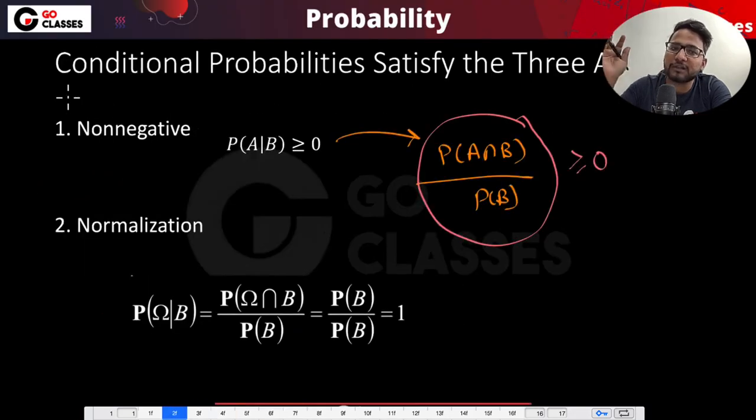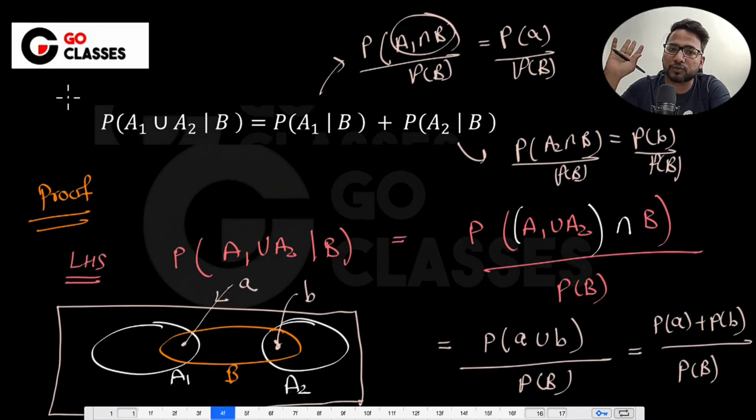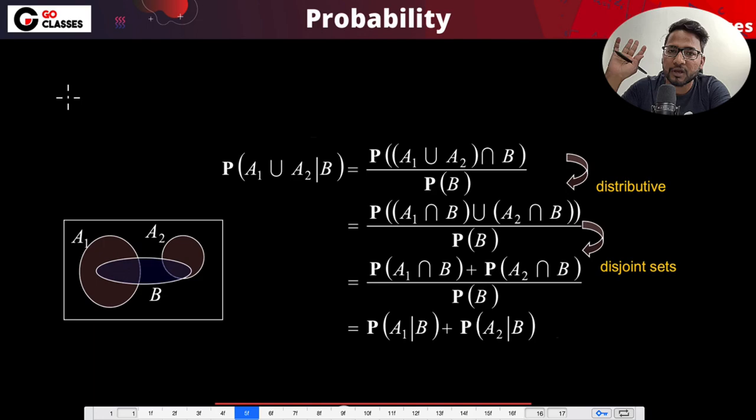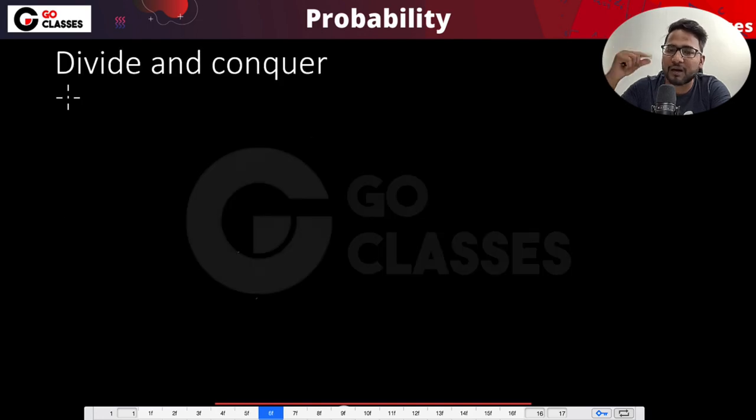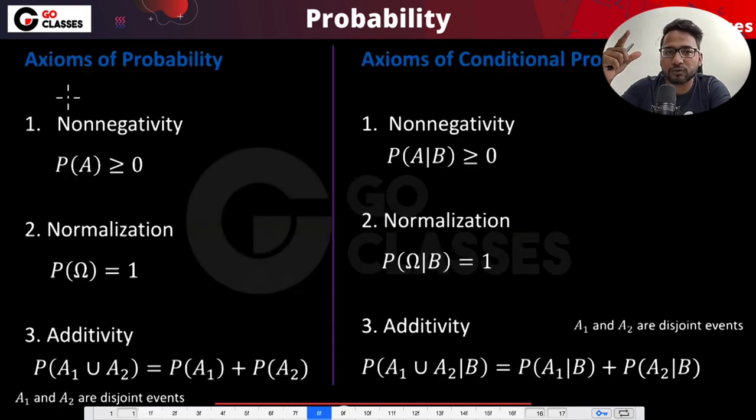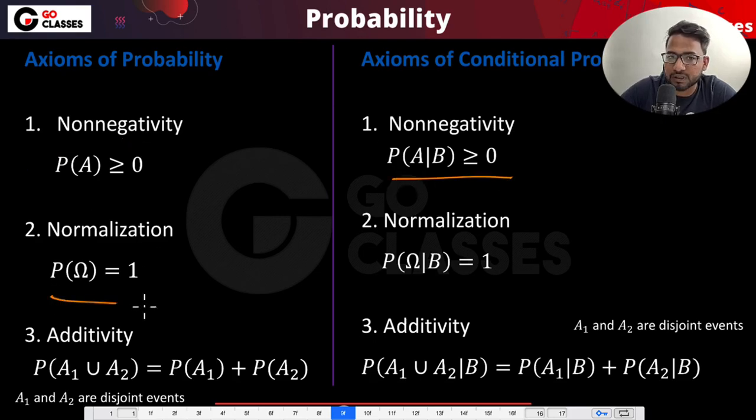But now the takeaway is that whatever we had earlier as axioms, those axioms are also satisfied here. So you can take any probability law and just do given B. Let me show you what I mean. Before that, I will tell you the similarity between the axioms of probability and the axioms of conditional probability. Here we were saying it is greater than or equal to 0; here just given B, greater than or equal to 0. Here we were saying sample space equal to 1; here I am saying given B.